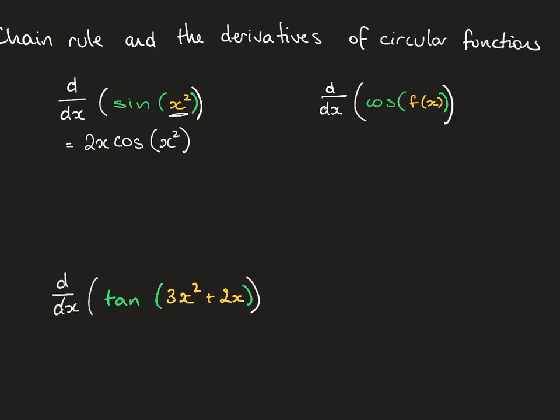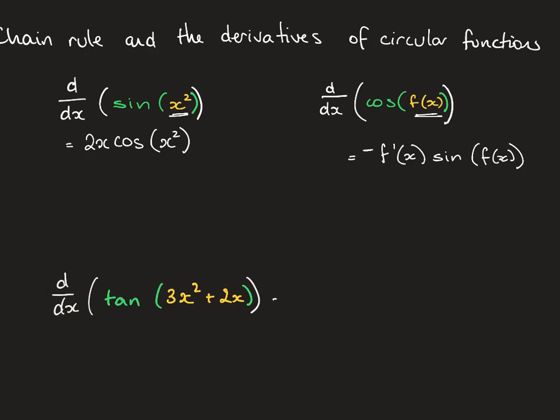If we did the derivative of this second one over here, so we know that the derivative of our cos curve is a negative sine curve, so it's going to be negative. We're going to have the derivative of this inner function, which will just be f dashed of x, and it's sine of whatever function we started with. So we're just using our derivative patterns, that the derivative of sine is cos, that the derivative of cos is negative sine, and for our tan one, all we need to do, now it doesn't matter which one you use,